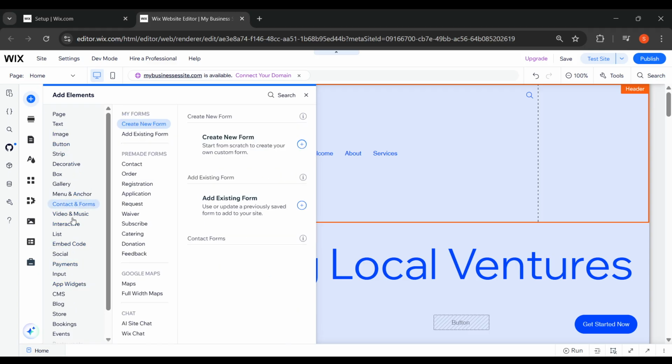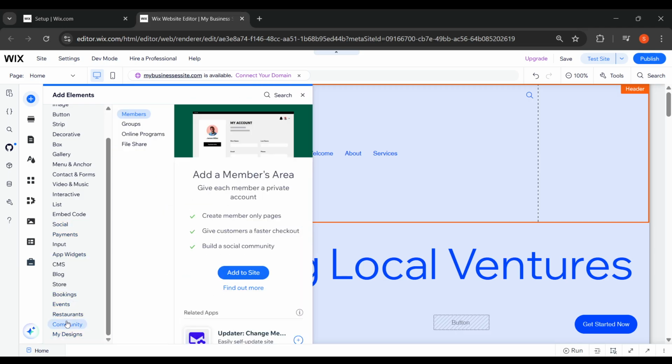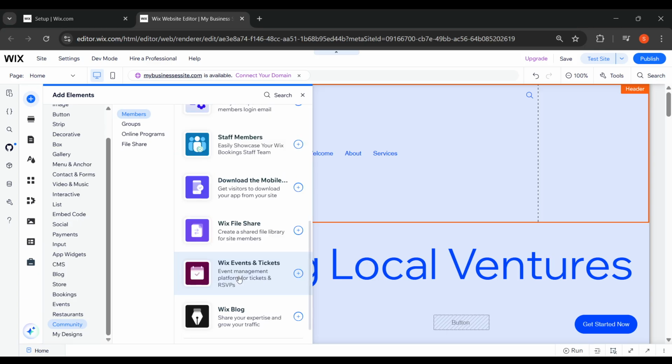Now, what you're looking for in this menu is the Communities option. Think of this as the gateway to all the member and social features Wix offers. Once you locate Communities, click on it. This will lead you to a submenu where you'll see the Members option. Selecting Members is crucial because it allows you to integrate member-based functionalities into your site, including the custom login page